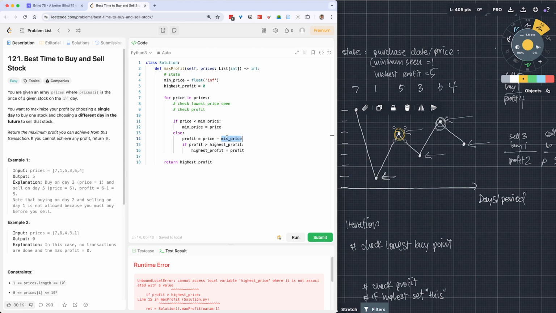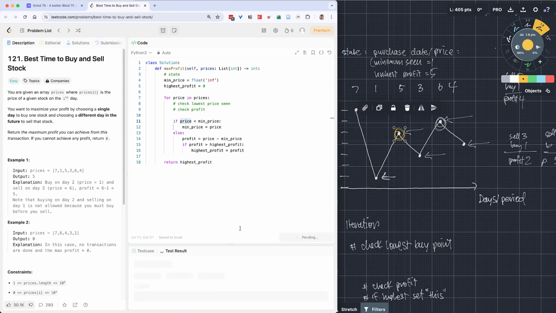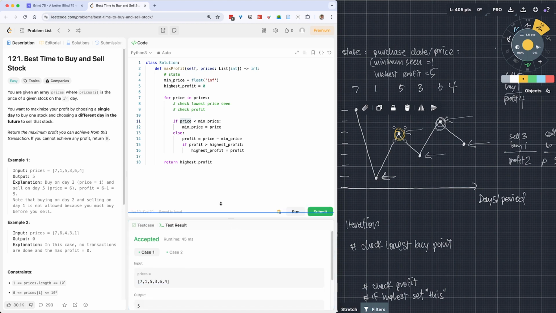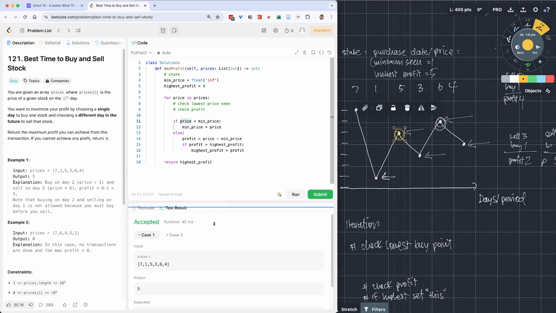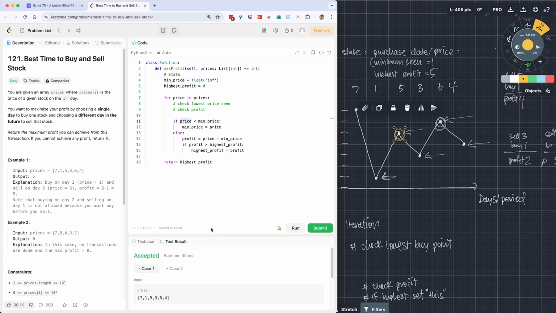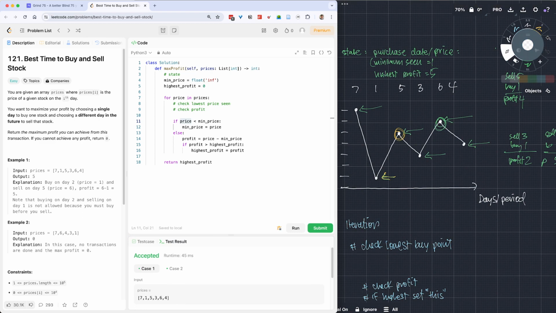Can this minimum price ever be float infinity at this point? No, because it's always going to at least hit this if statement one time, unless this price, you know, is also infinity, which would be a really tricky thing to do for LeetCode. So it says it's right, but you want to convince yourself internally that it's right. It's more important. And it's the idea that at any price that you find,